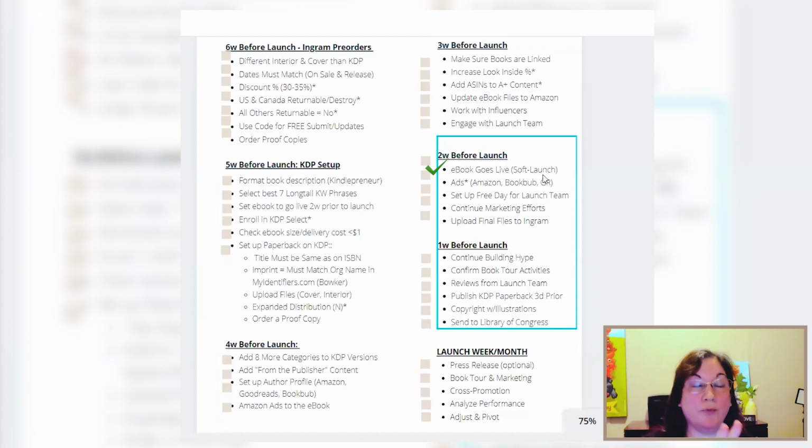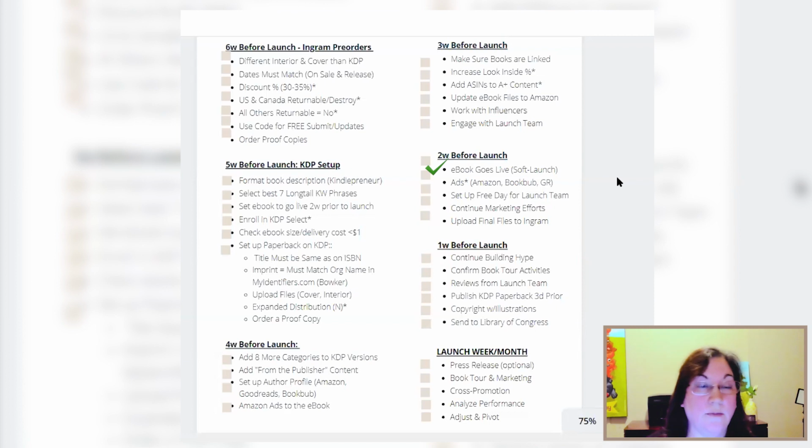Basically, it's going to go from pre-order to live because you set it to go live 2 weeks before your actual book launch. You're going to set up a free day, only tell your launch team, go ahead and grab the ebook. Now they get to buy your book for $0. That's the ebook. Because they have purchased it for $0, it becomes a verified review. That's when we go back, and when they post their reviews, it's going to be verified. Anybody can go post a review on any book, but if it's not verified, it doesn't hold that same value that a verified review would.